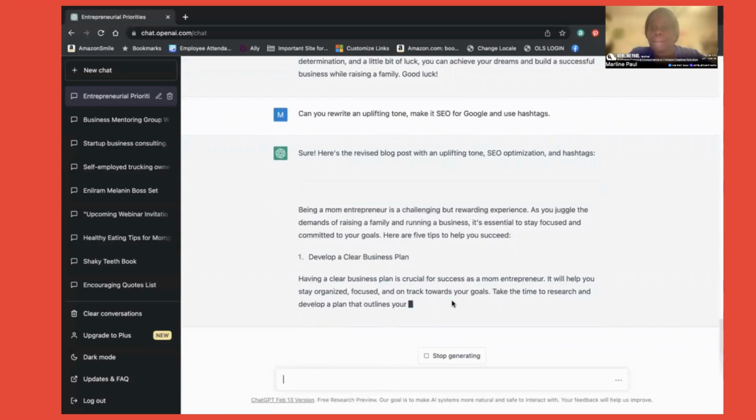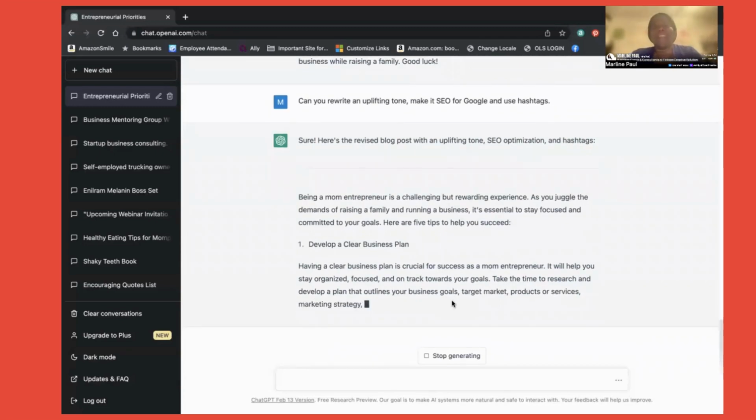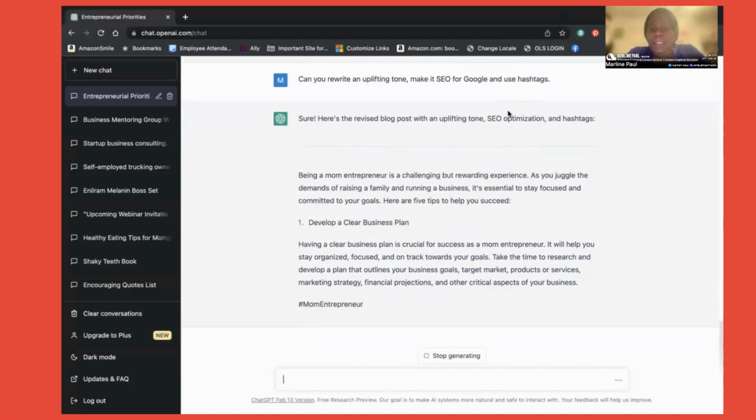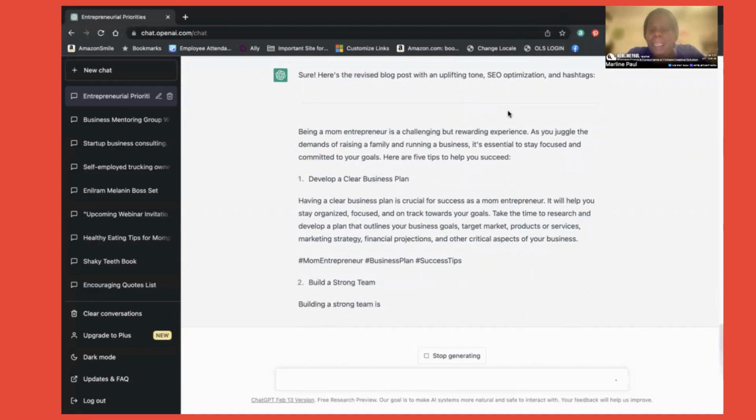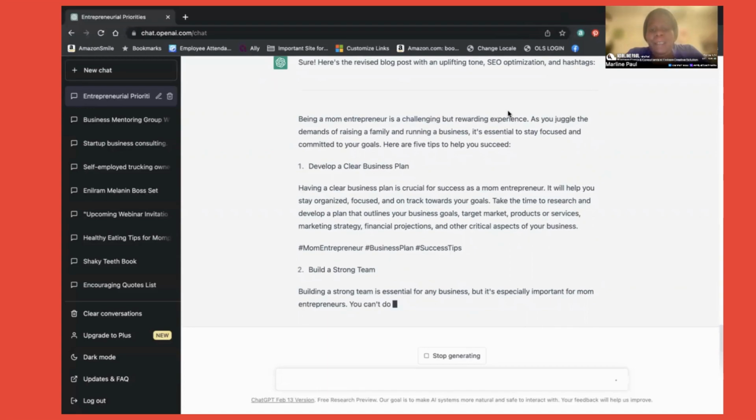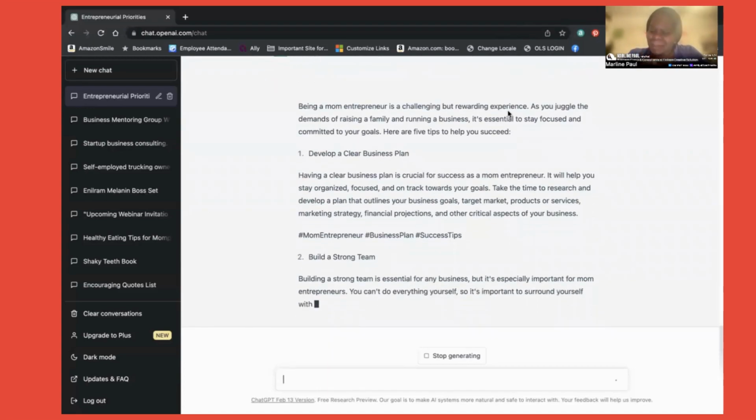So I'm gonna let it move for a little while and then we're going to let it generate. Okay. So can I pause the share? Let's let it generate. And it gives me some hashtags. Look, as it develops, it gives me some hashtags. And then once it's finished the blog, because this is just a blog post, I can ask it to create a social media post promoting this blog post.